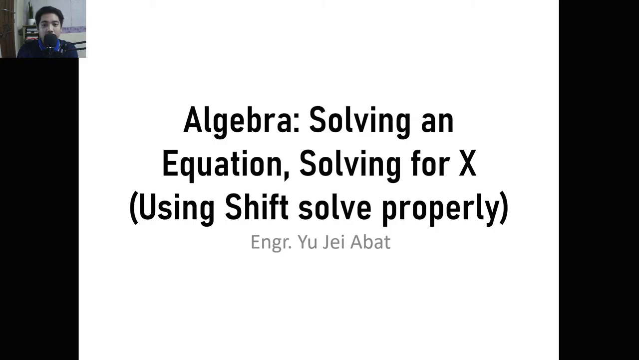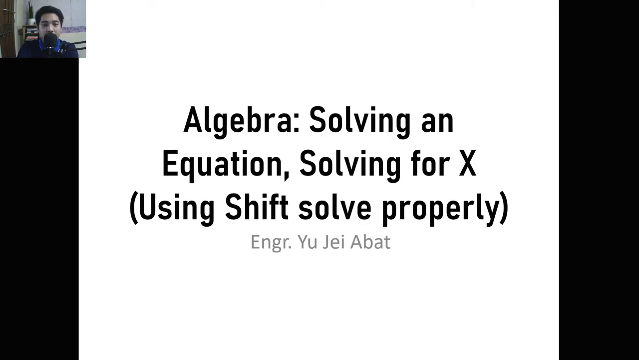For this video, we're going to solve a basic equation wherein we're going to solve for one unknown given an equation. Okay, and using the shift solve properly, because some of the students are actually using the shift solve incorrectly, so that the answer that they are getting is actually not really accurate or not really correct. Okay, so in calculator techniques, it is a must that if we are solving an equation and if we are going to